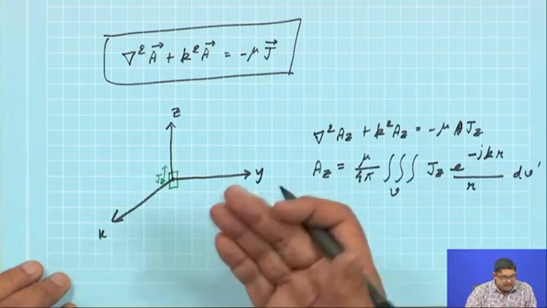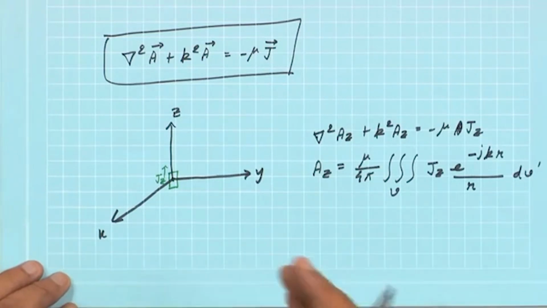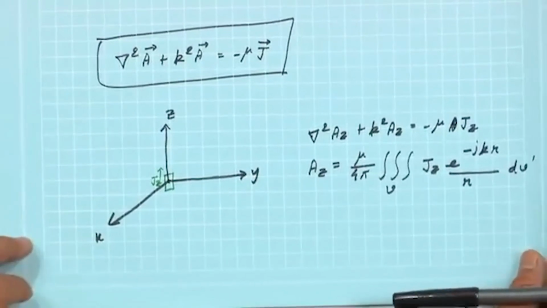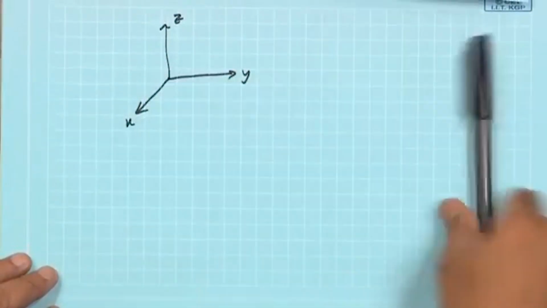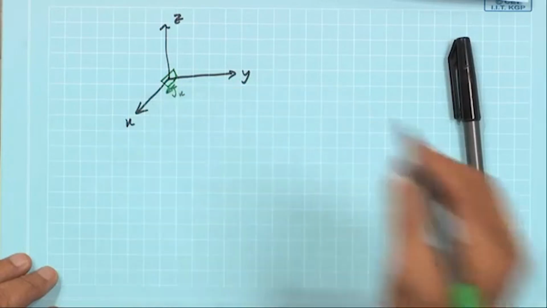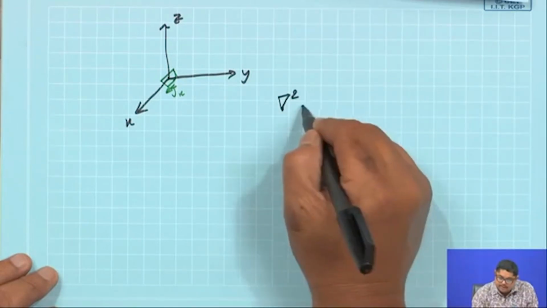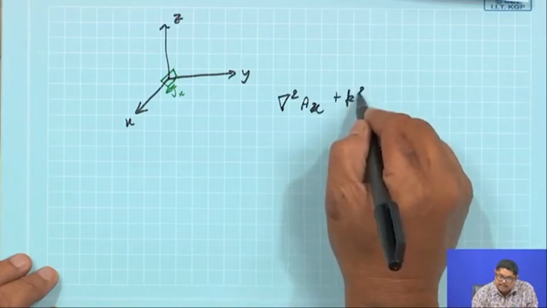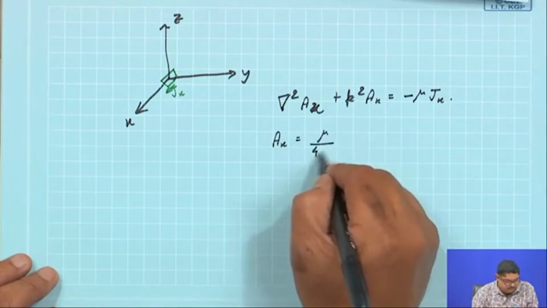Now, we say that instead of a z component, suppose J also has an x component, that means it has a J x and also a J y. Then one by one we will consider that. So, suppose I have a J x here. Then we can write that the scalar equation will be del square A x plus k square A x is equal to minus mu J x, and its solution A x will be mu by 4 pi